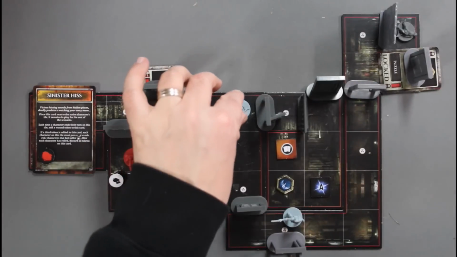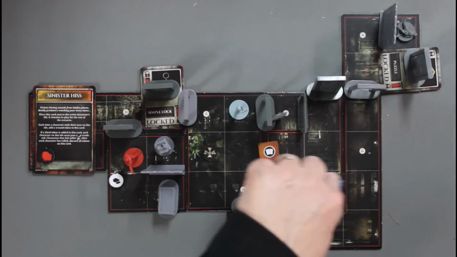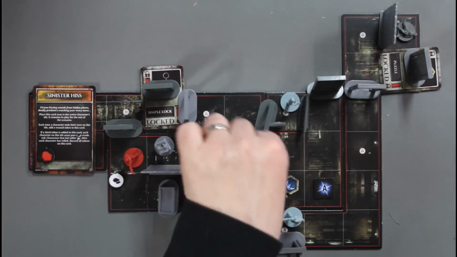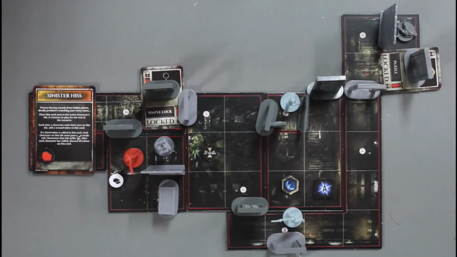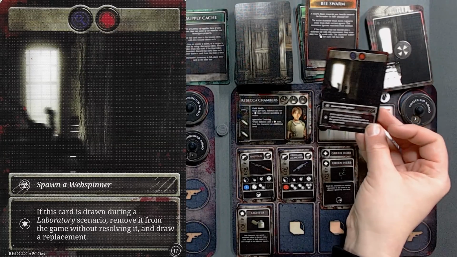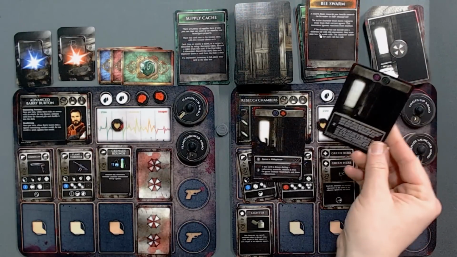All right, Rebecca, you only get 3 actions, so let's see if we can make them count. We have a biohazard here, which she's going to walk onto, and then, of course, on the A. So, right here, and we draw 2 encounter cards. Encounter number 1 is another web spinner. My God, why is she finding all of these spiders? Number 2,